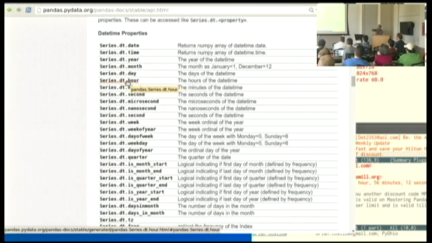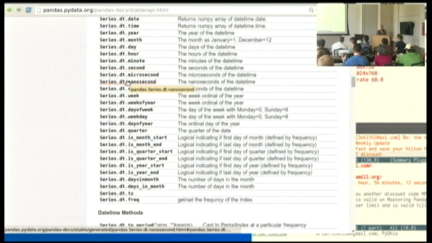They didn't want the names interfering with all their other method names, so they hid inside of a little .dt, for date time, namespace, all of these attributes that you can access to get at the pieces of a date if you want to graph dates by their month or by their year. And there are exercises that will get you to do that. You'll find out what month do Tom Cruise movies tend to come out versus what month do Judi Dench movies. It's a very, very different distribution over the year.